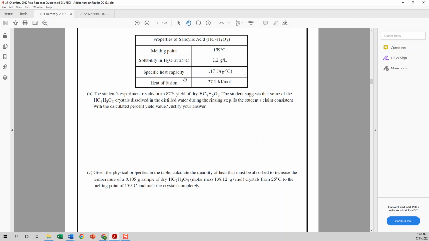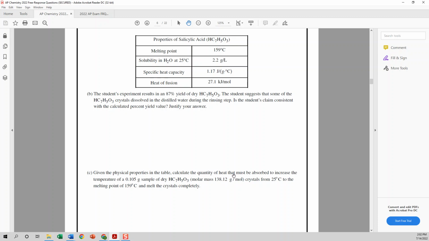Specific heat capacity and heat of fusion. So instead of using like dissolves like and knowing that this is polar, you could say, yes, it's slightly water soluble here. So you could use that physical property there. That goes back to part B. So part C,